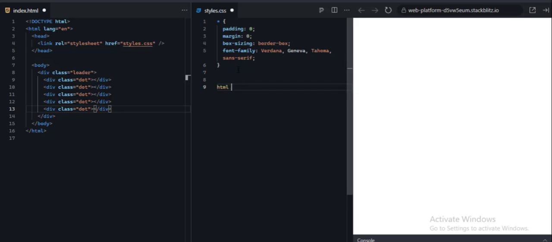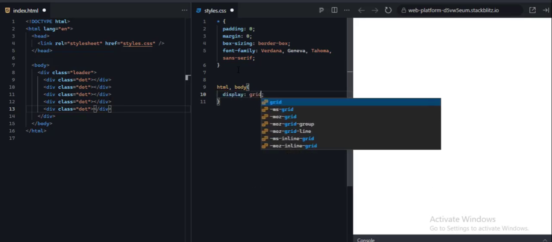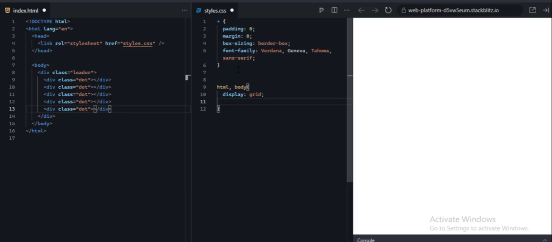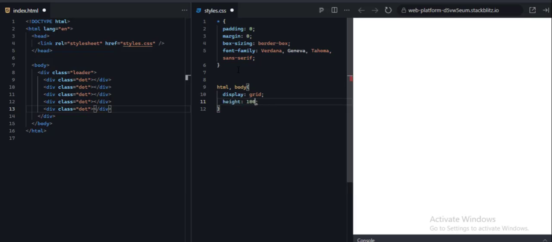Next, we focus on the HTML and body elements. Setting display: grid transforms the entire page into a grid layout, which is a powerful tool for aligning and arranging content. To complete the look, we set height 100% to make sure the grid takes up the full height of